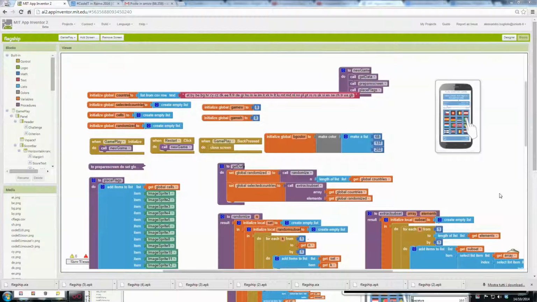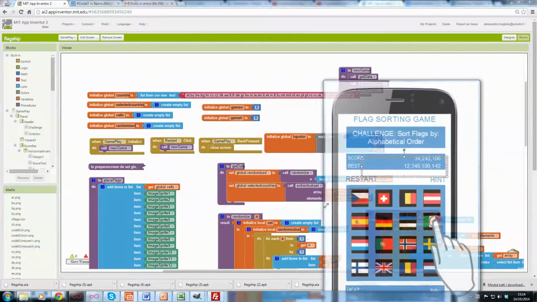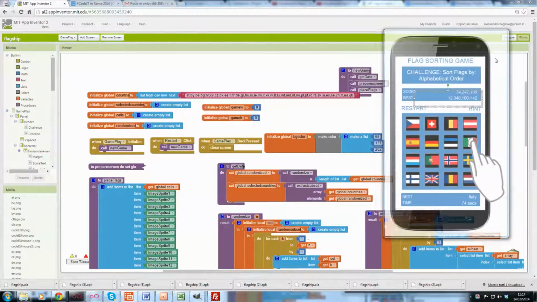Welcome back. We are still implementing the Code Week edition of Flagship Game. Now we are here to see how to randomize the placement of the flags into the grid. So in the last session, what we did was to develop an interface which looks more or less like the mockup that we had, in the sense that our flags are properly placed in a grid, which is a 4x4